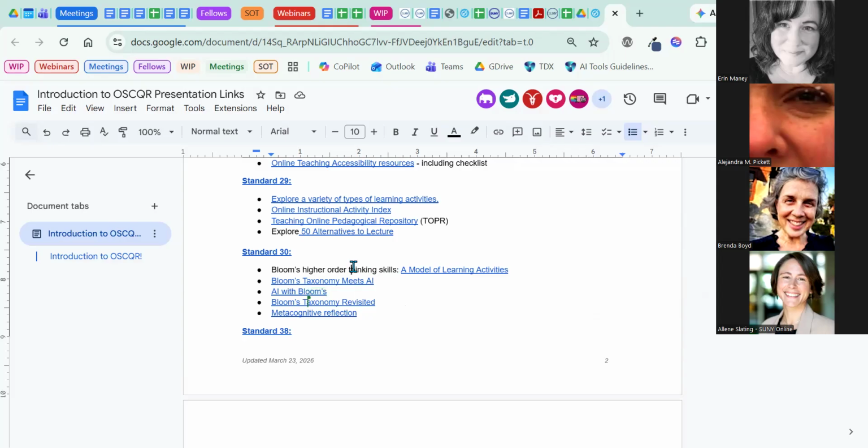So you can use that to help you think about the activities that you're doing and how they are assisting learners to develop higher order thinking skills. So that would be hitting the top 3 of Bloom's for critical thinking and problem solving, reflection and analysis. So again, those Bloom's tools will help you with that.